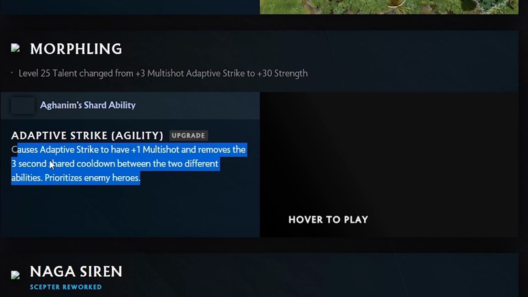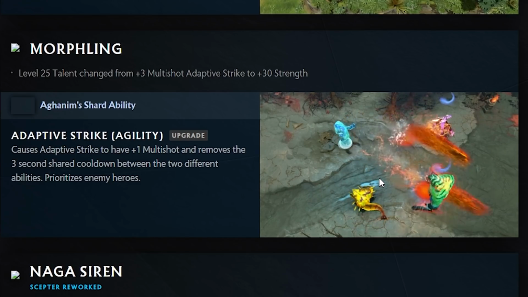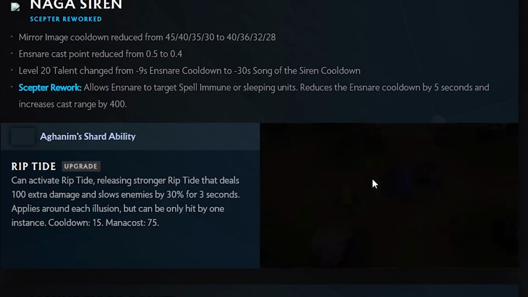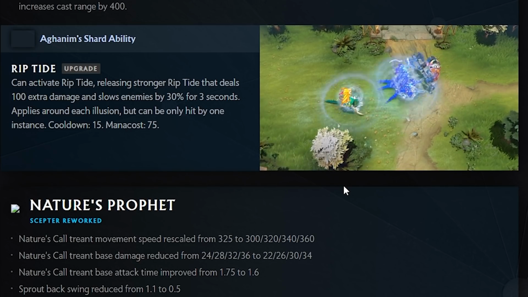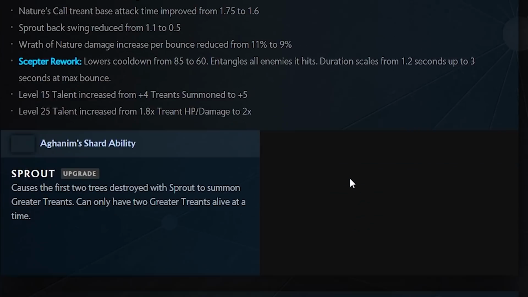Once again, guys, my main thing to say is that most of these items are like a third or fourth item for cores. You know, third or fourth item. Riptide can activate Riptide, releasing stronger Riptide that deals 100 extra damage and slows enemies. Applies around each illusion, but can only be hit by... I mean, I don't know. It's okay for split pushing, but you really don't need it for split pushing. Your illusions are strong as is, so...